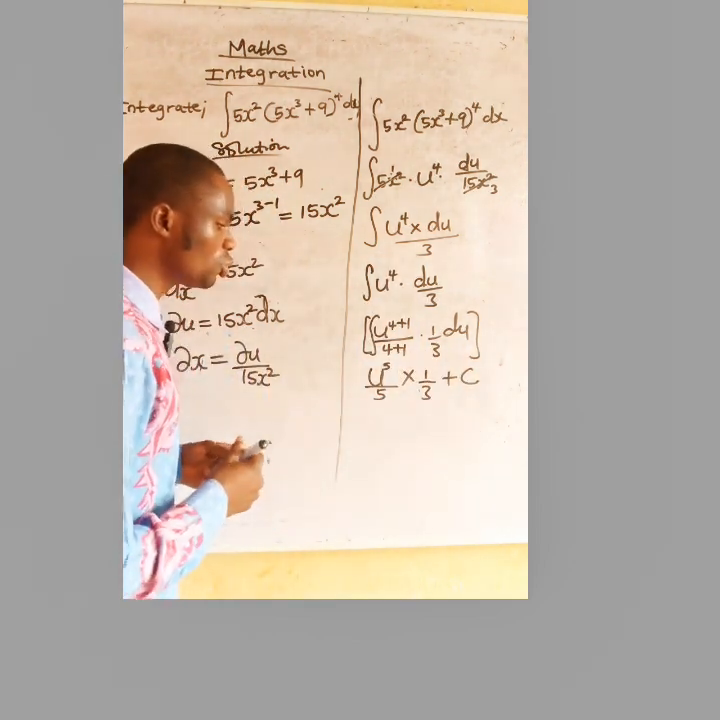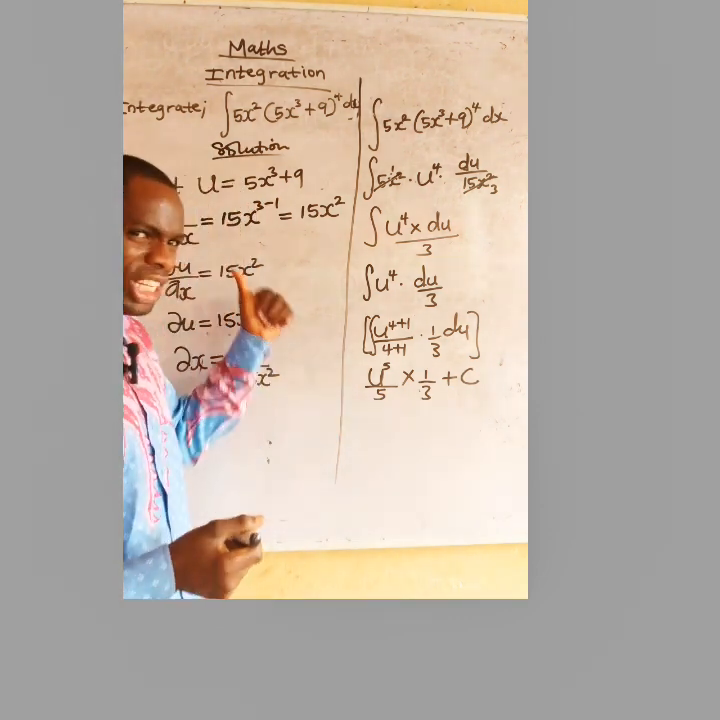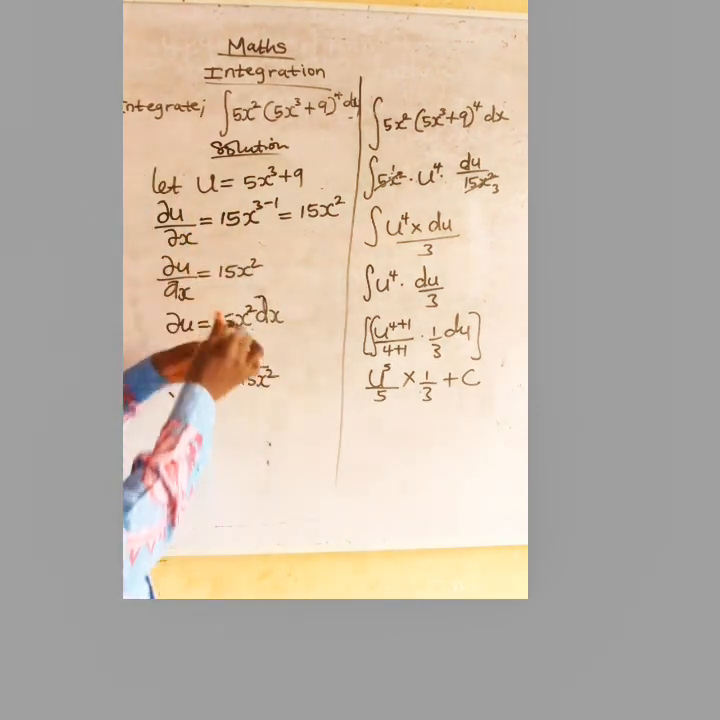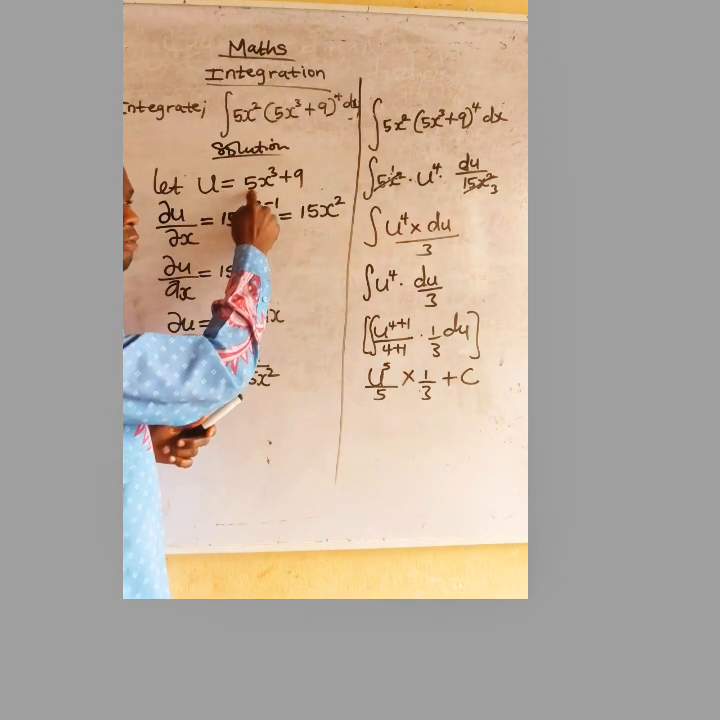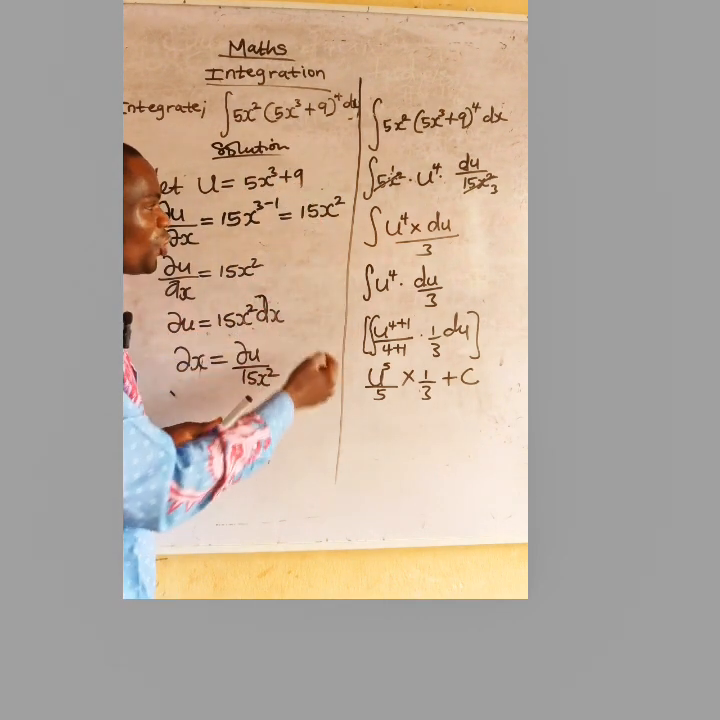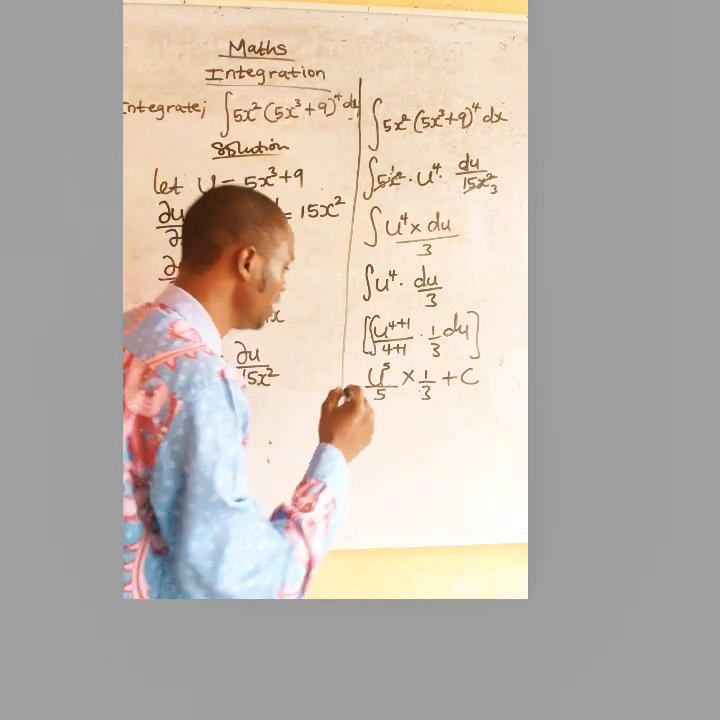Now, the next thing we need to do is to substitute. What was our u initially? Look at here. You see this? Our u is 5x raised to power 3 plus 9. So anywhere I see u, I will put that now. That will now give me